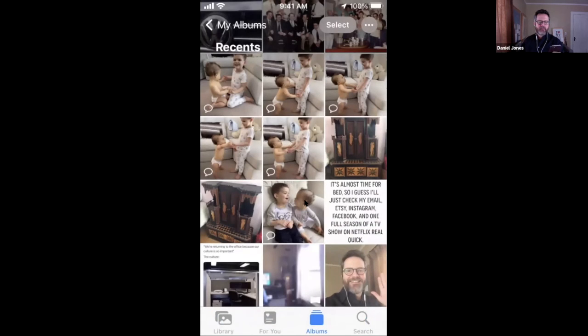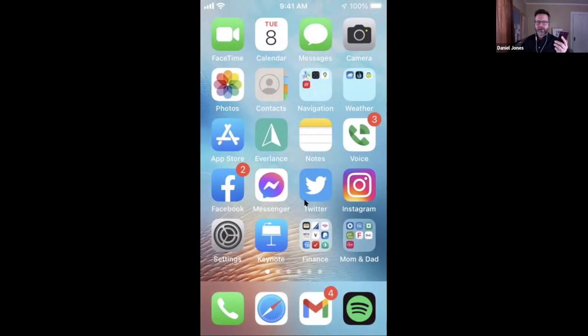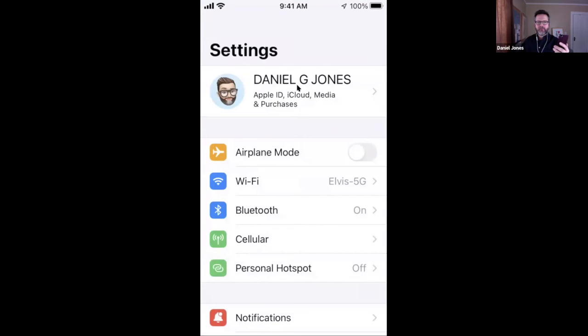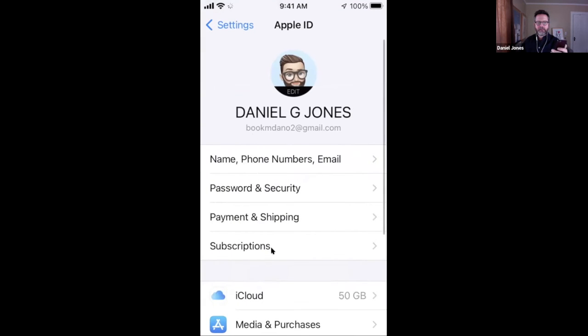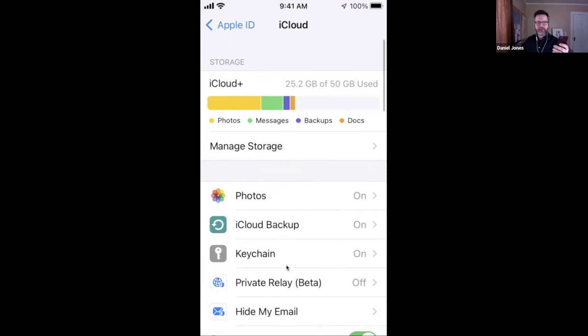So how do you know if you're using iCloud or not? You will go into your Settings app, give that a tap, and at the very top of your Settings app, it has your name. When you tap on your name, there's a button here that says iCloud. I tap on iCloud, and then this graph shows you what is being currently stored in your iCloud